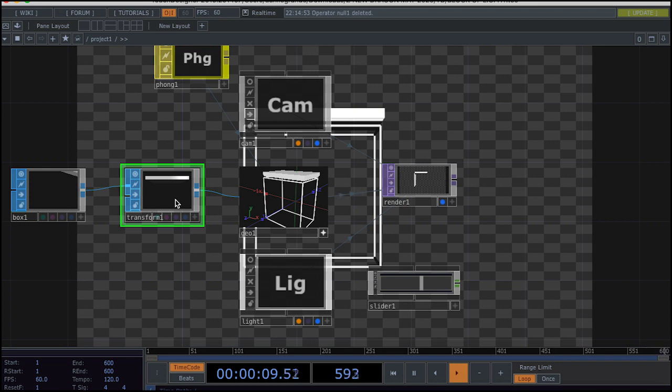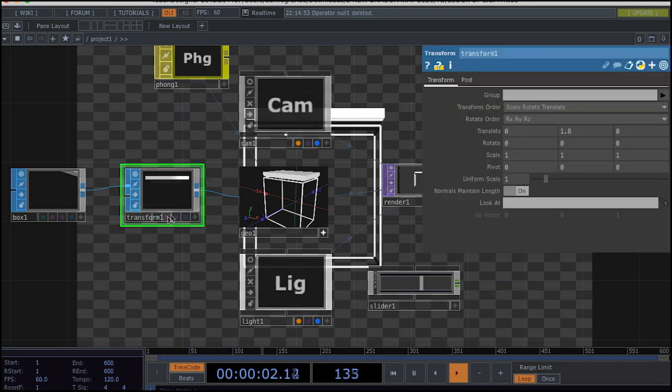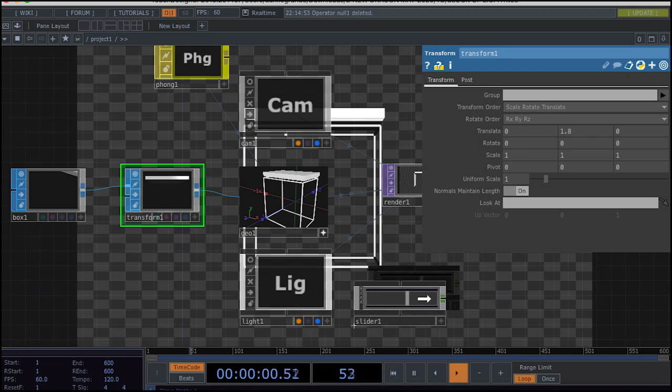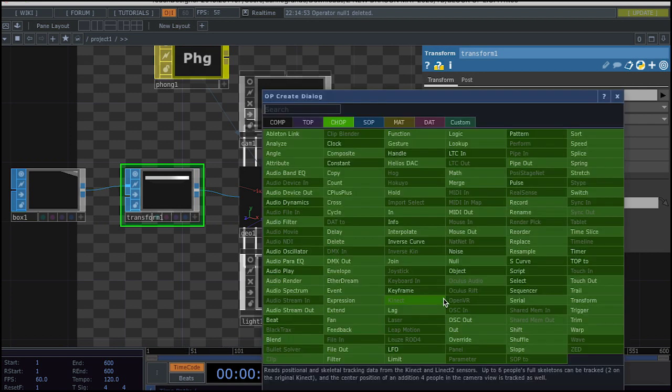So we come back to the parameters of the transformation, and we know that we have to move it from 1.8, that is the upper limit, to minus 1.8, that is the down limit. So in order to do this, we are going to link this slider to the y-axis value. So what we need to do is first, with the right click, we have to create